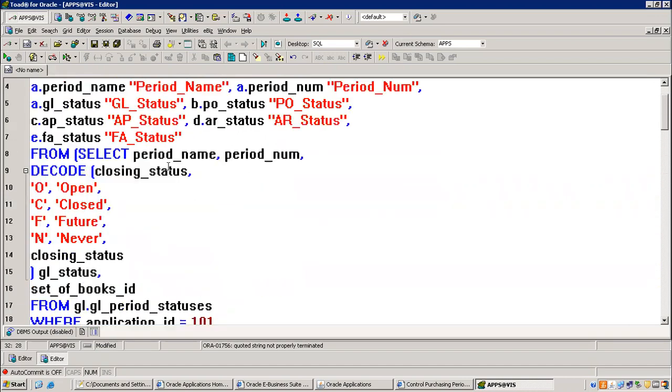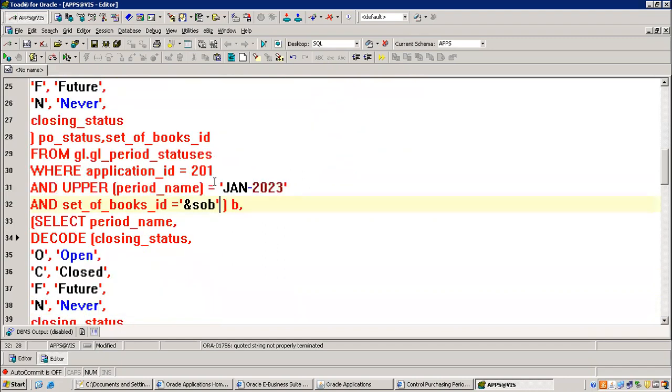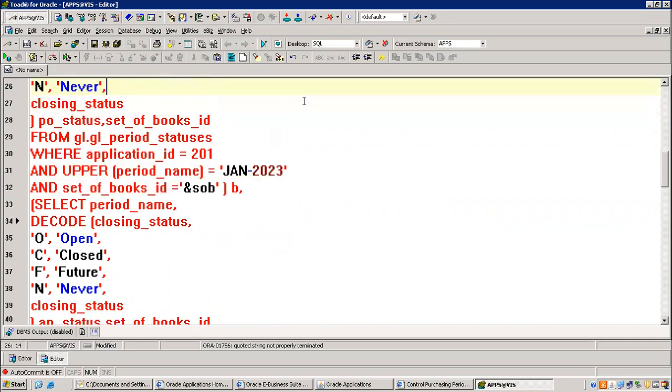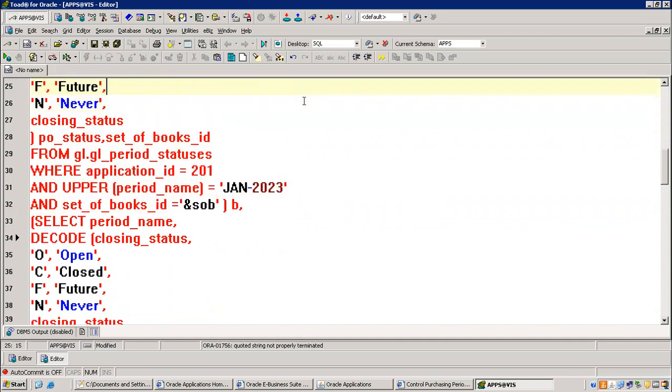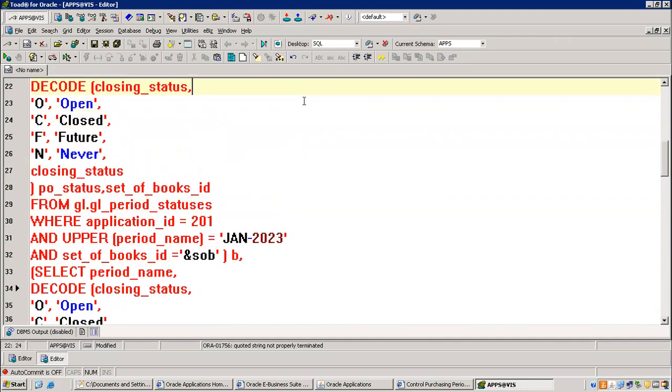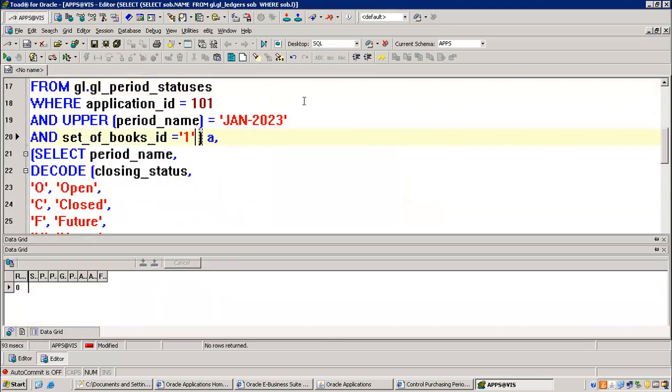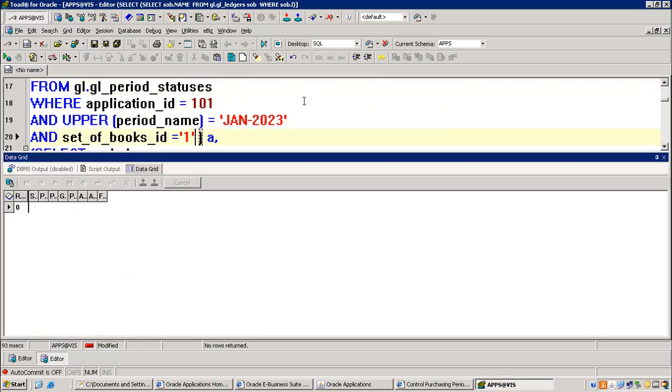You are talking about this? Line number, you tell me the line number. Line number 20, sir. Okay, done. Yeah, this one. Single apostrophe, right? No rows returned.